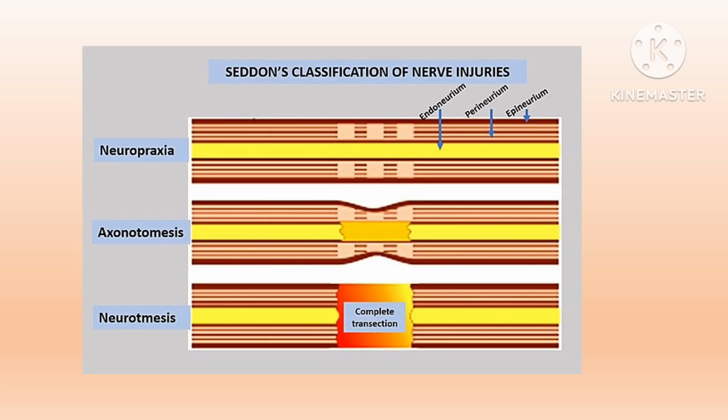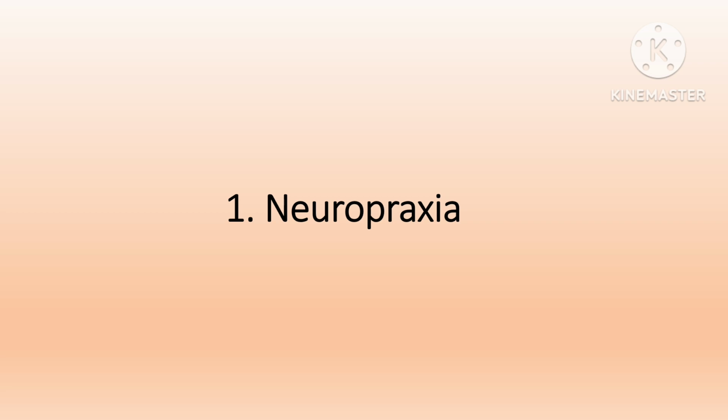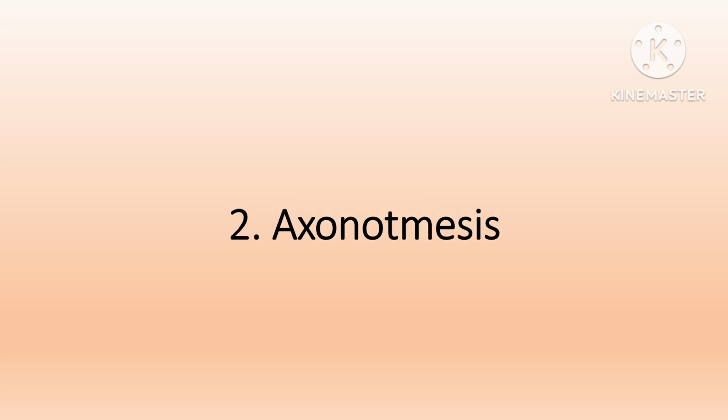On the basis of the degree of damage, the facial nerve disorders may be categorized into neuropraxia, which is the mildest form of facial nerve damage. It involves temporary impairment of nerve conduction, usually due to compression or mild trauma. Neuropraxia occurs in Bell's palsy, where temporary facial weakness occurs without permanent nerve damage. The second degree of damage is axonotmesis, where the nerve fibers are damaged but the surrounding nerve sheath remains intact. This allows the nerve to potentially heal, but recovery may take longer and may not be complete.